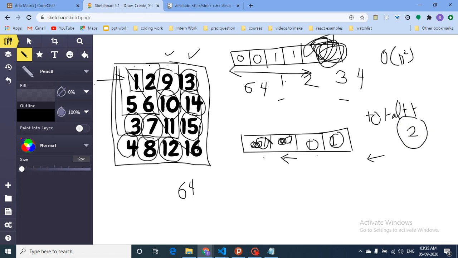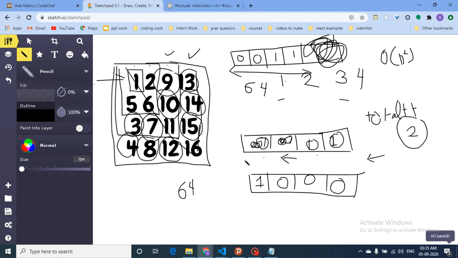Also, what you can observe here is, because the last bit is 0 and 1, this is also flipping 0 and 1, but it can also come to a state where the last bit again becomes 1, and it will be 0 0 0. After doing some operation it will become 1, but for the last bit 1, you don't have to do any operation because it is always set.